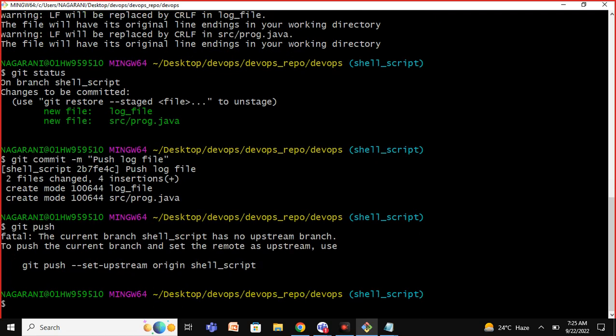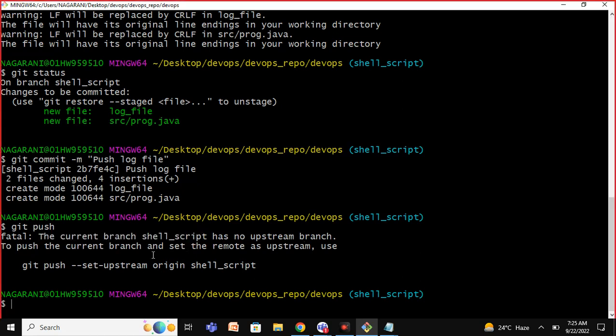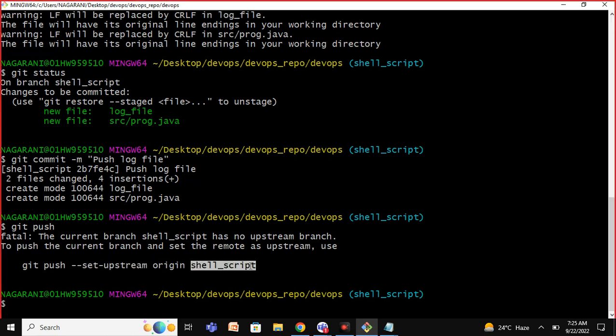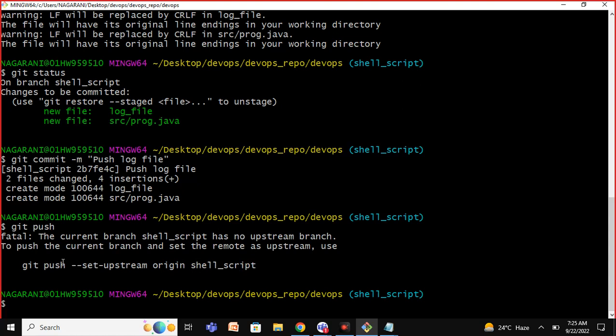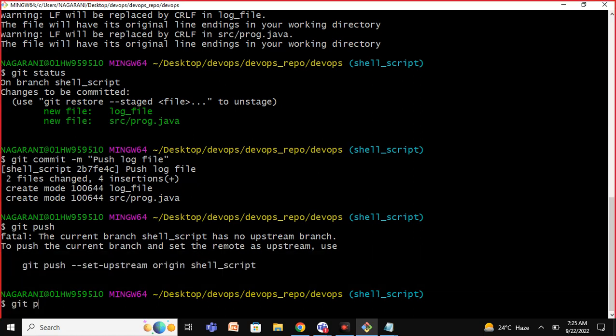That's it. So what is it saying? The current branch shell script has no upstream branch. By default, upstream is set only to master. Master in the sense of the default branch. The moment you git clone or anything, an upstream is set, but it will be set to master by default. If you wanted to change that, you can run this command, git push